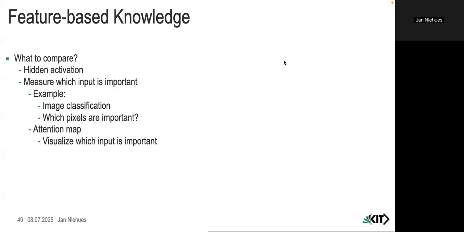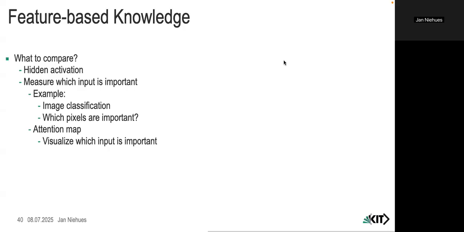This can be done, for example, for image classification, but also for NLP. What you're mainly doing is some type of attention map. We're doing not only attention of self-attention, but also of CNNs. And we are looking at which information is most important. Then we are trying to make sure that these two are the same. So to make things a bit more clear,